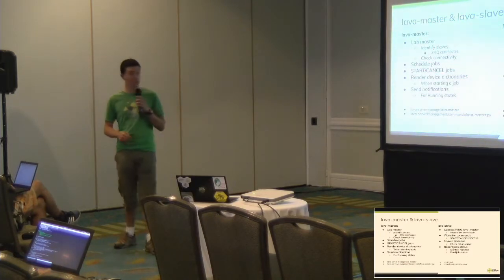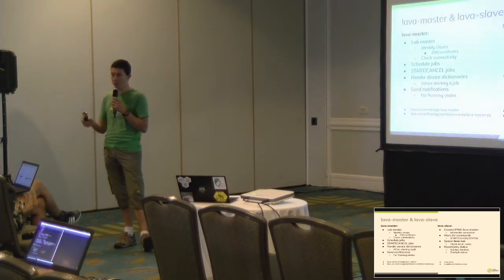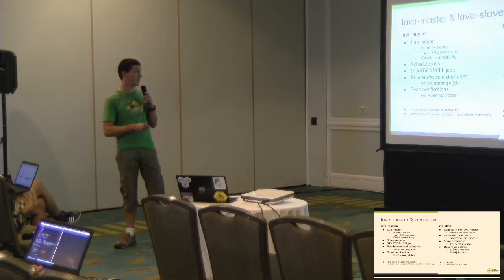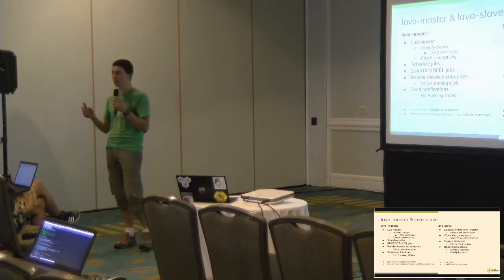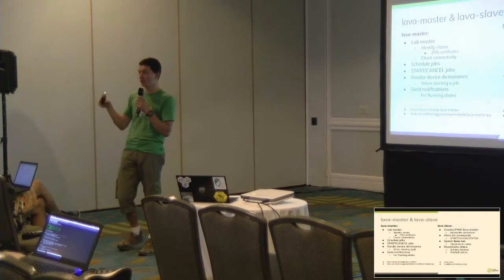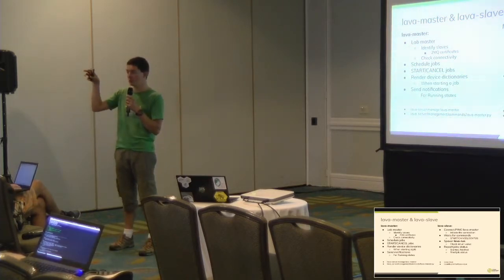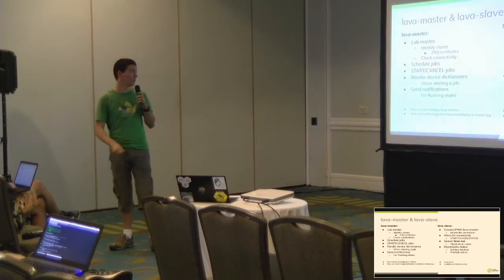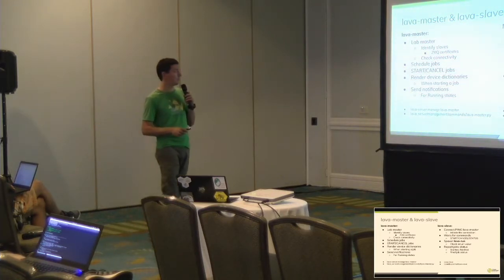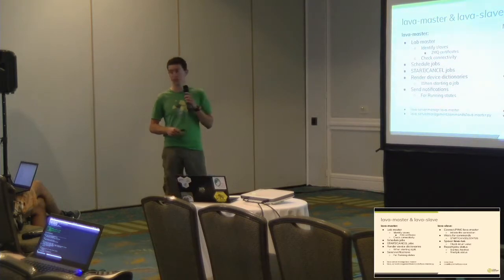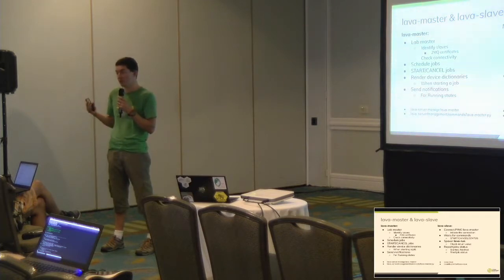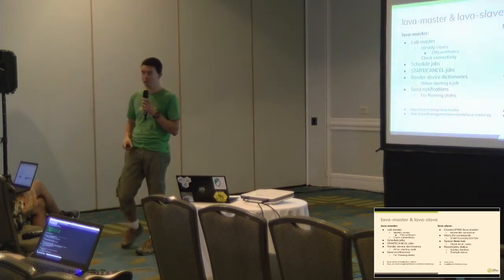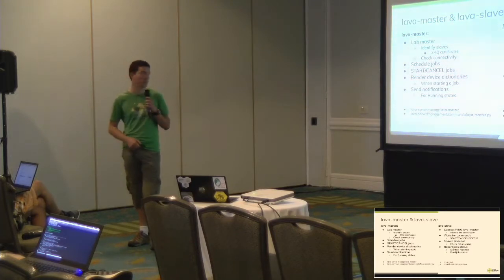So going down a bit more on each service so you understand what they do. As I said, on the server, you have a service called Lava Master, and on the dispatcher, you have a service called Lava Slave. So it's a classical master and slave architecture. So there is one master that is controlling the remote slaves that are on the dispatchers. So the master will check the slave identities. We have the ZeroMQ certificate to encrypt the connection and to certify that a slave is authorized to connect. So we don't accept any remote slaves. We have to have their public key.